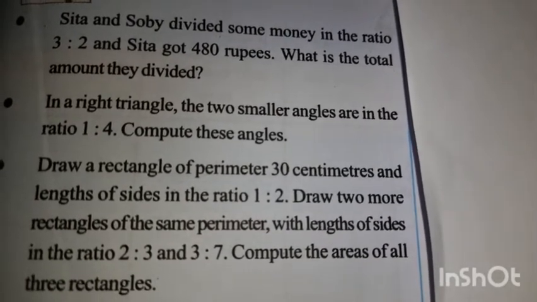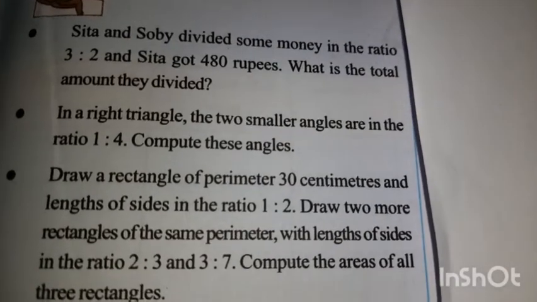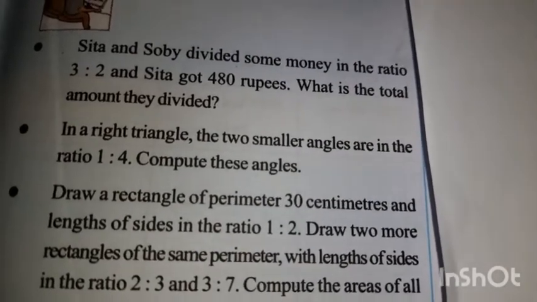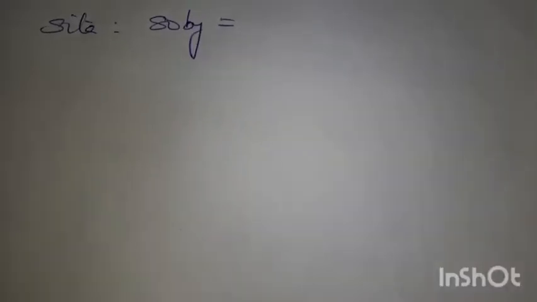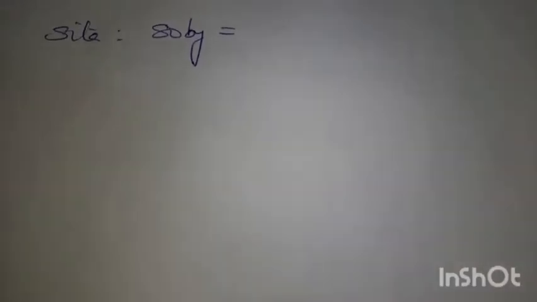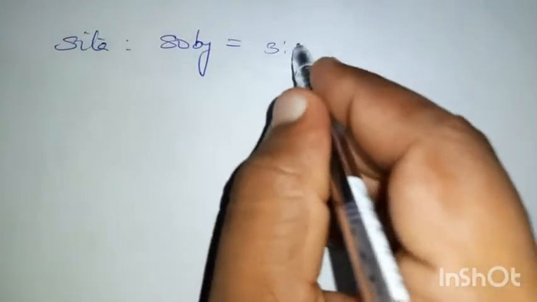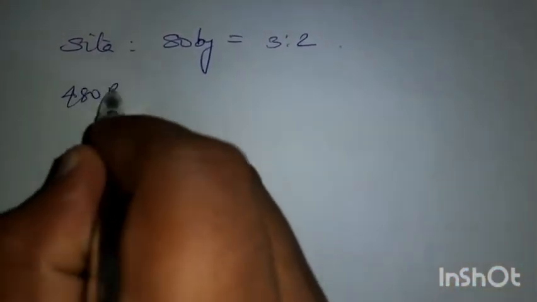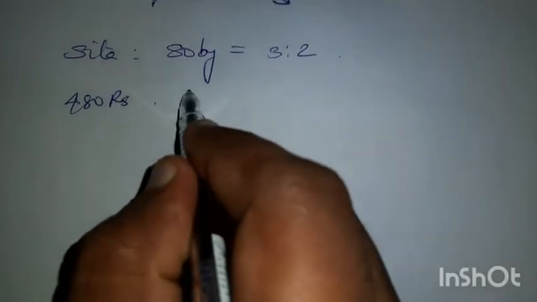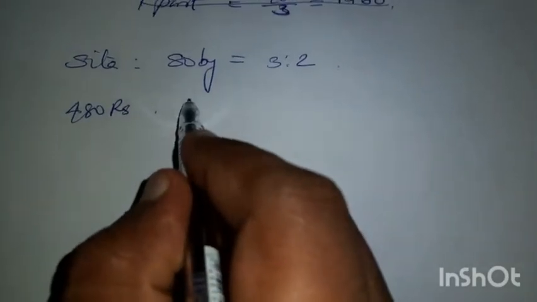So what is the total amount they divided? The total amount, how much they divided, that you have to find out. The amount got by Sita and Sobi, the ratio is 3 is to 2. Out of that, Sita got 480 rupees and we have to find out